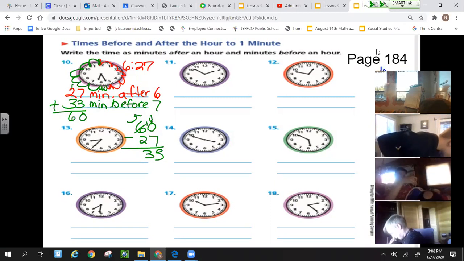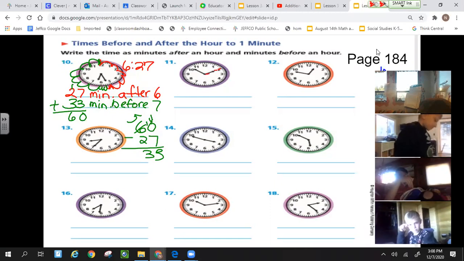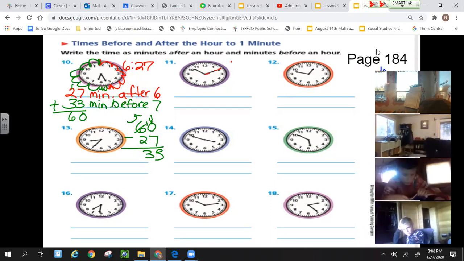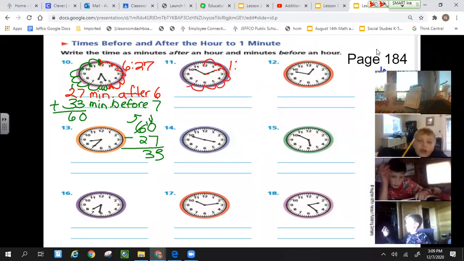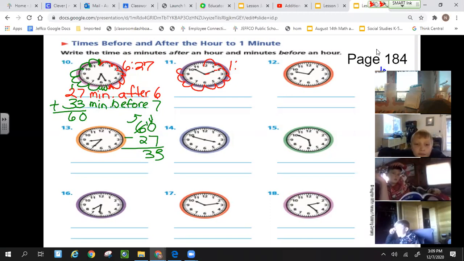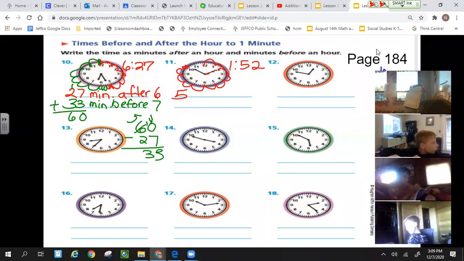That's a great strategy. I'm going to do another one, then we'll do number 12 together. Looking at number 11, I see the hour hand is between the 1 and the 2, much closer to the 2, but it's still in that 1 o'clock hour. Ah, that minute hand is a little bit after the 10. I know 10 times 5 is 50, but I'm going to double check. I'm going to count 5, 10, 15, 20, 25, 30, 35, 40, 45, 50. Now I've got to count by ones. 51, 52. So I've got 1:52. 52 minutes